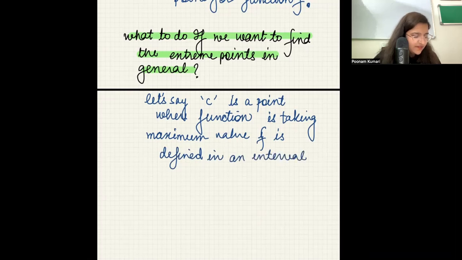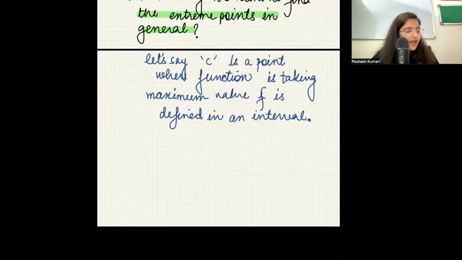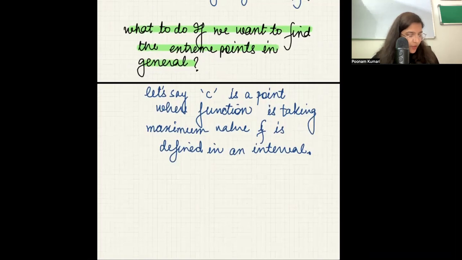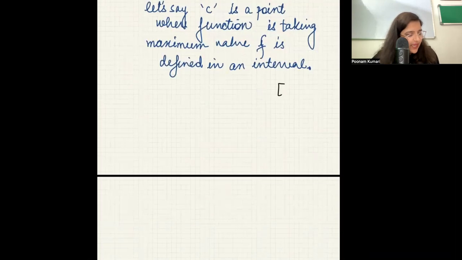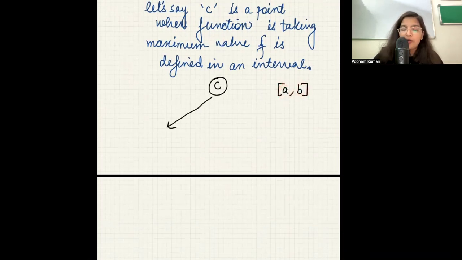So there is an interval in which my function is defined. And in that interval, there is a point C, which is basically the point of maxima. Your point C could have either of the two properties. Let's say your interval is A comma B. So this point C that we are talking about could either be a border point, either A or B, because these two points are the border points or the boundary points, right? So C is either an end point,